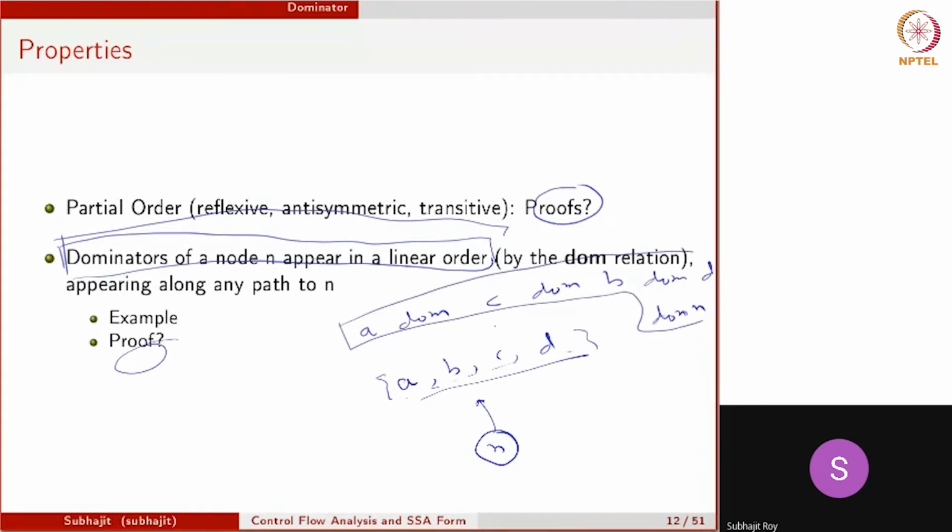So there is going to be one sequence in which you can line them up by the dominance partial order,